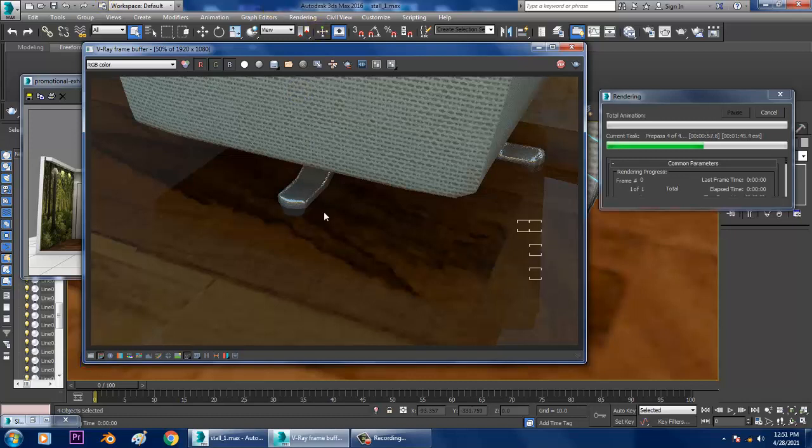If you want, you can assign the same shader for the table support also. After this, you will see the final rendered image. So you have to keep patience while rendering.